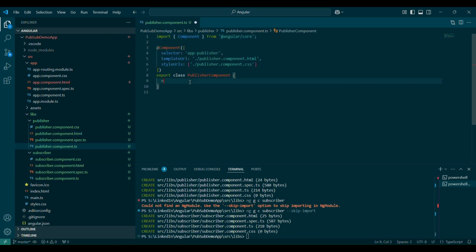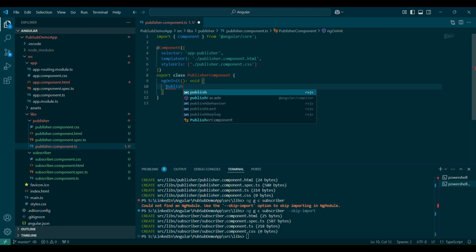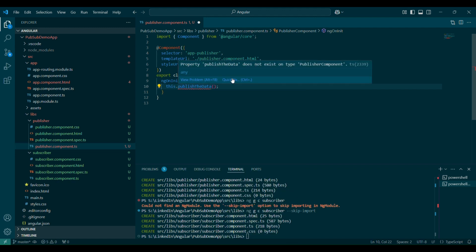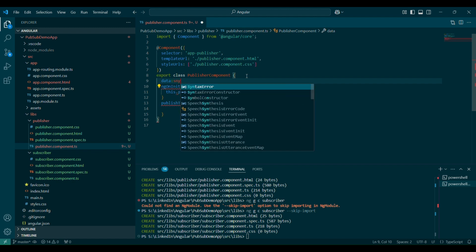First thing first, ngOnInit. So in ngOnInit, your first task is to publish the data, and this will belong to this. Let's have the quick fix. In publish data, we'll need to import and publish. I'll do this later, but before that we need some random data. So create a variable, name it data, and it should be of type any as of now,